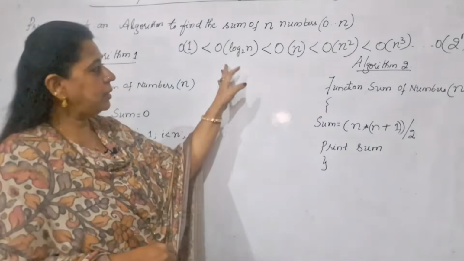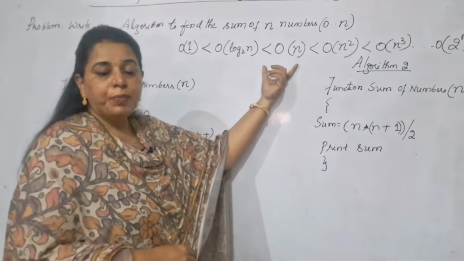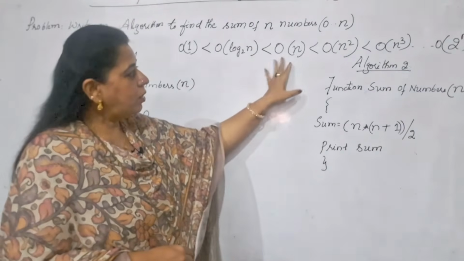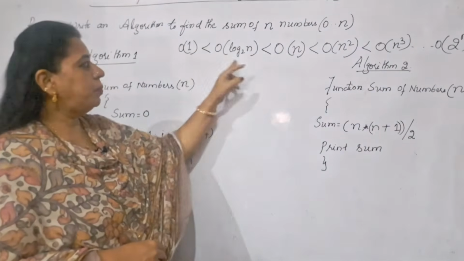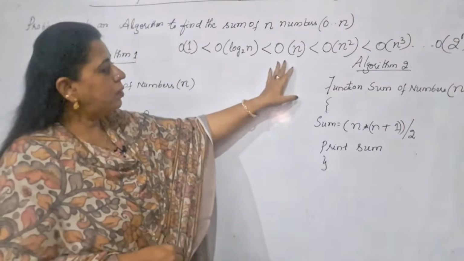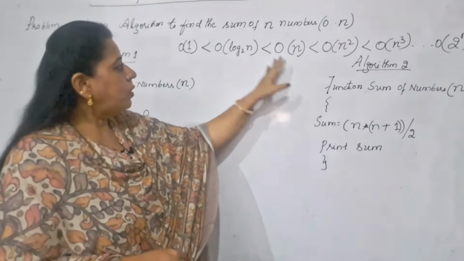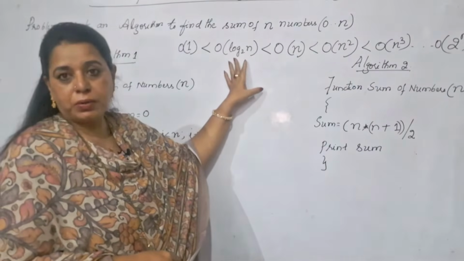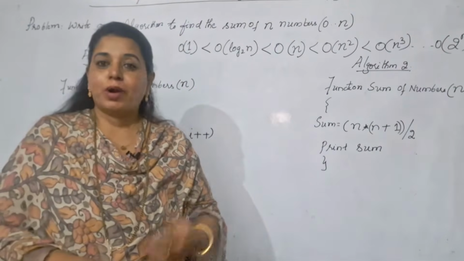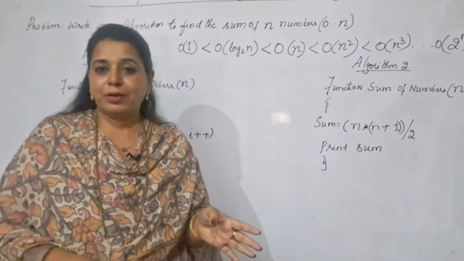You know the order of growth basically starts from the constant, order of 1. If you have the time complexity of an algorithm as order of n, it is definitely greater than the two previous values, log to the base 2n and order of 1. Now, if you write an algorithm for which you got a linear function, do you want to reduce it to log to the base 2n? Do you want to reduce it to constant? What technique do you need to use? What logic are you going to change so that you can reduce the time complexity of the algorithm?